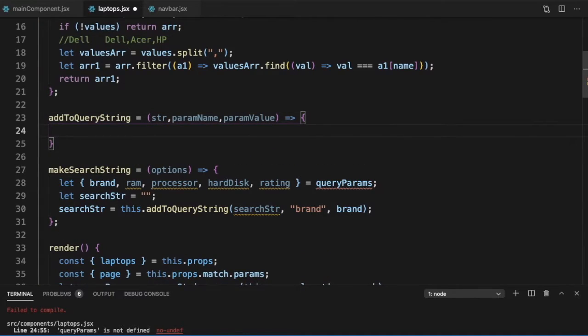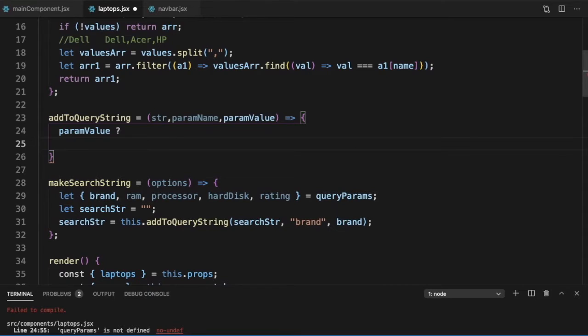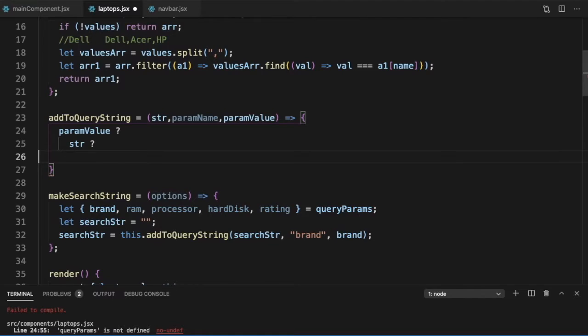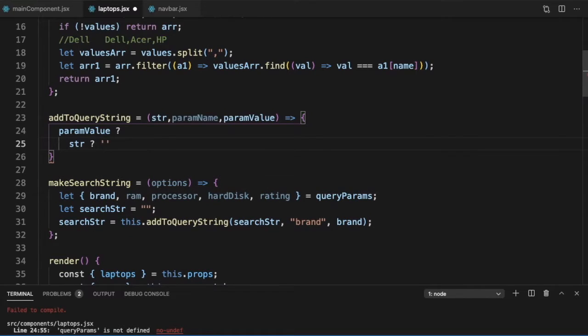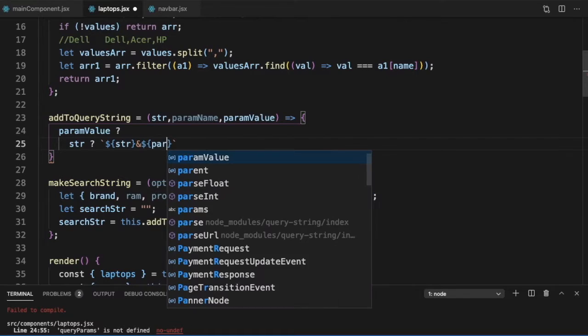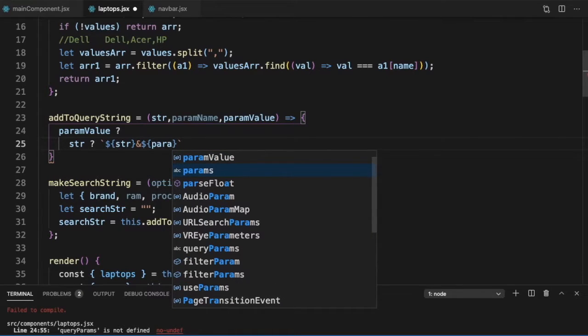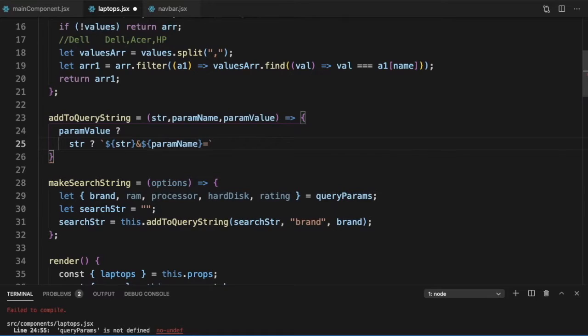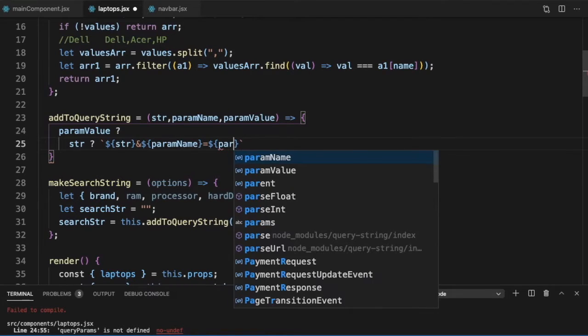And what will it do? If the param value is falsy or truthy, let's check. If the param value is truthy, we will check whether the string is truthy. If the string is truthy, what do we return? We will return $str, then an ampersand, then our $paramName, and that is equal to paramValue.